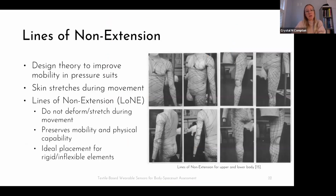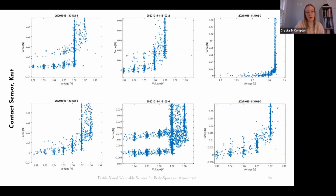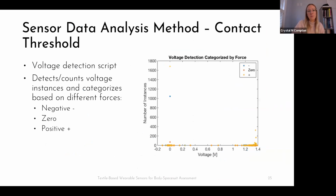So I tried to align my sensors with the lines of non-extension, which are essentially lines that do not deform on the body and preserve mobility. So I've done some Instron testing with these sensors to understand their performance. Here's just some rough preliminary sensor data that I was working through, and then a sensor analysis method to determine